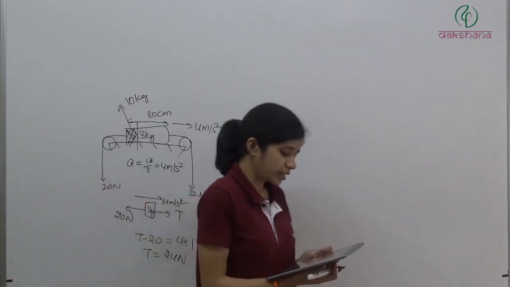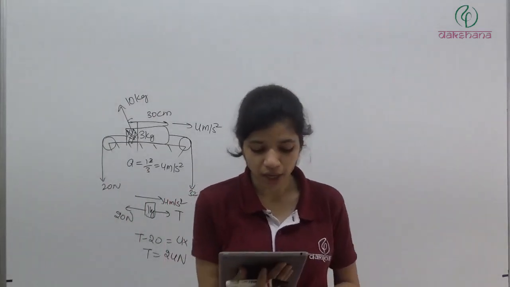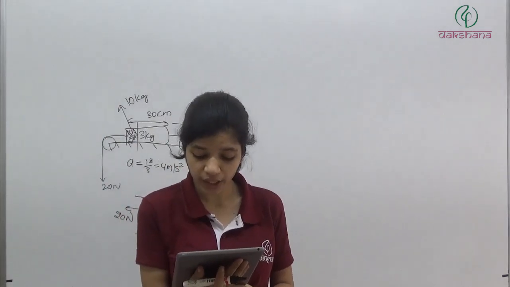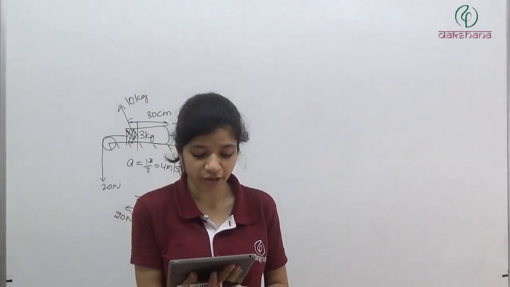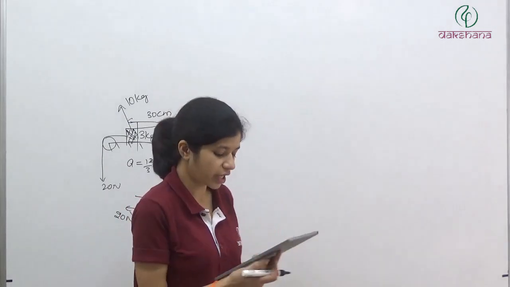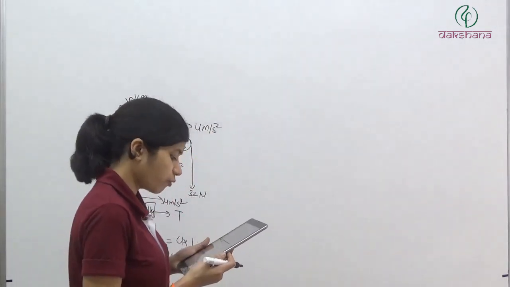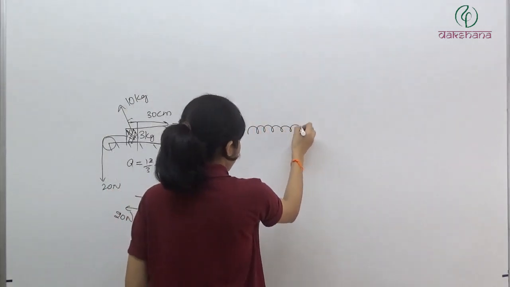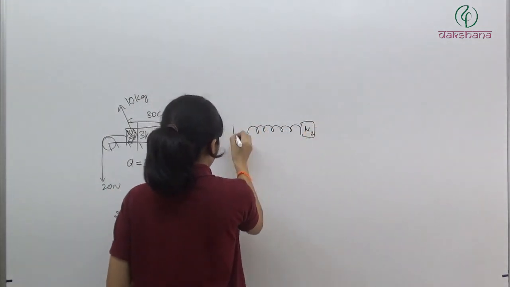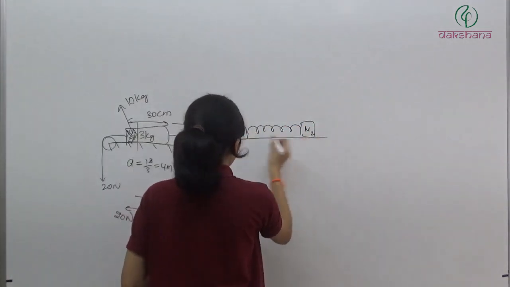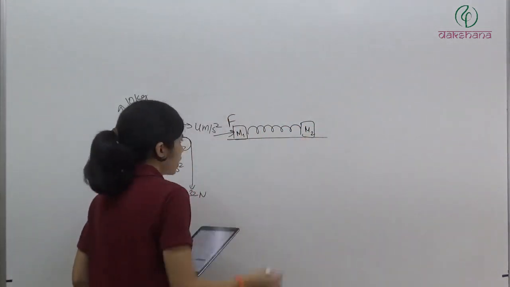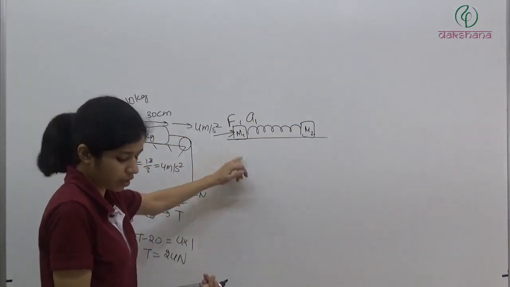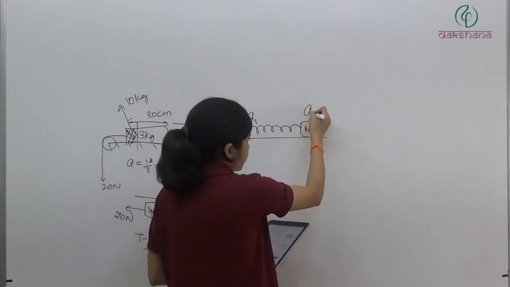G3. Two blocks of masses M1 and M2 are connected to each other through a light spring as shown in the figure. If we push mass M1 with force F and cause acceleration A1 in mass M1, what will be the magnitude of acceleration in mass M2? So the system is something like this. This is M2. Here we have M1. And we are applying a force F, because of which A1 acceleration is there for M1. Then they are asking what will be the acceleration A2.